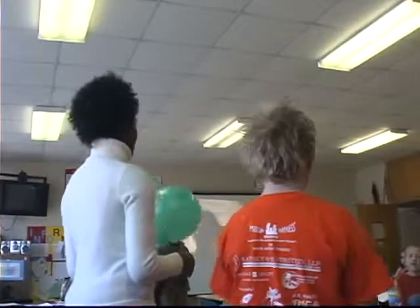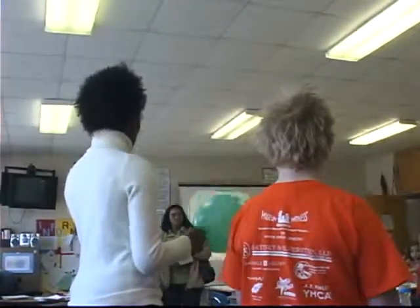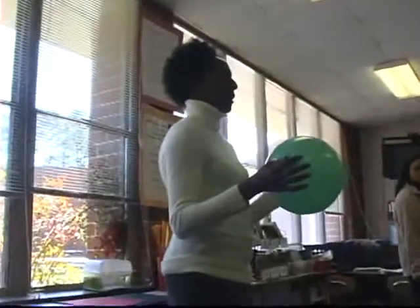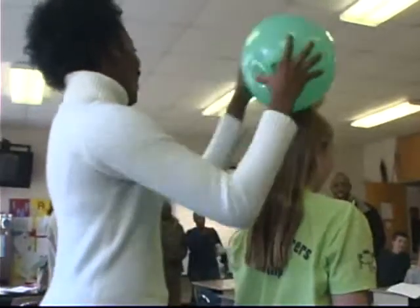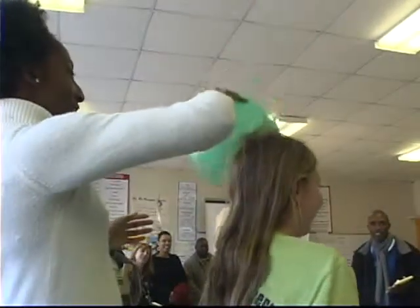So we just started our electricity, and we're talking about charges and how negative and positive charges attract each other, and trying to understand how they are attracted to each other. And so it's good for them to see a hands-on thing. I know, this is the fun part of my job. And then they can see